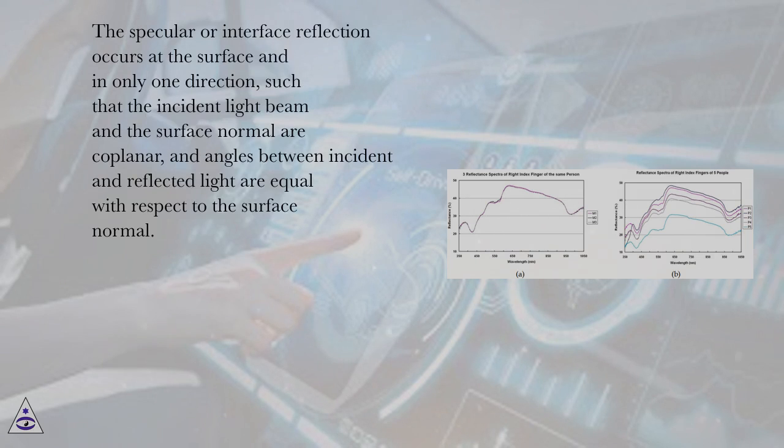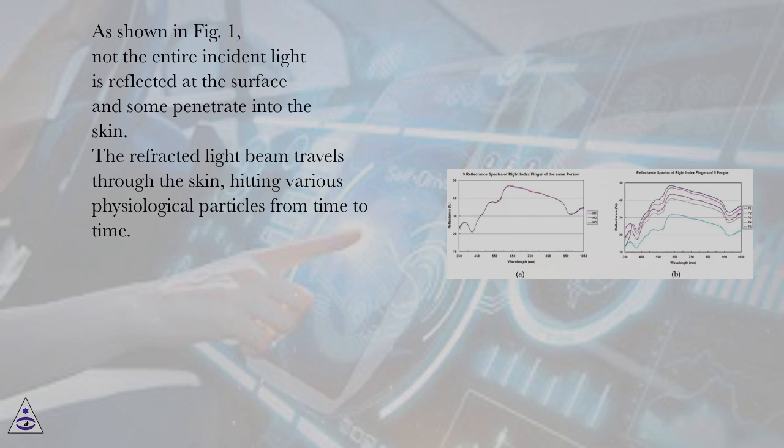The specular or interface reflection occurs at the surface and in only one direction, such that the incident light beam and the surface normal are coplanar, and angles between incident and reflected light are equal with respect to the surface normal. As shown in Figure 1, not the entire incident light is reflected at the surface and some penetrates into